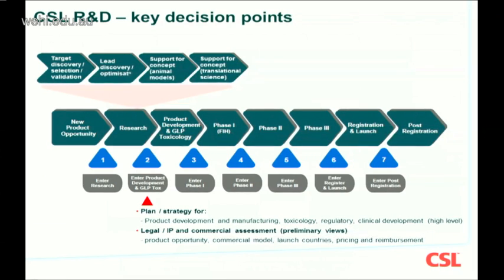And in addition to that planning and strategy development, there's lots of other stuff you've got to do as well. There's lots of legal, intellectual property, and commercial assessments. They're generally preliminary views, but they're really critical to moving the compound through. So that's all the sorts of things we need to think about as your compound moves from preclinical into the clinic, and that looks like a lot, and I guess it's reasonable to ask, well, just how long can